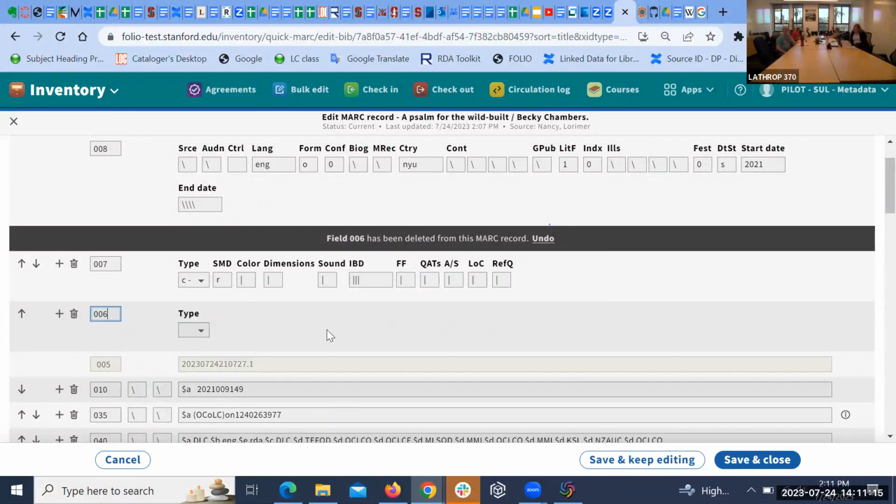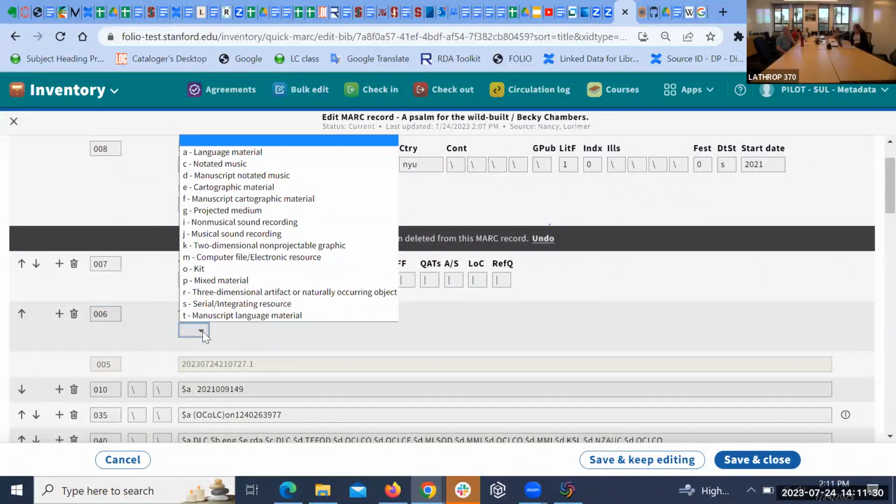I just wanted to show what adding an 006 would look like anyway. I'm going to notice when I typed in 006, it came up with this type, which you also see in the 007. And this is where you can choose what type of 006 you're wanting to put in. That part, at least, is extremely user-friendly. The actual